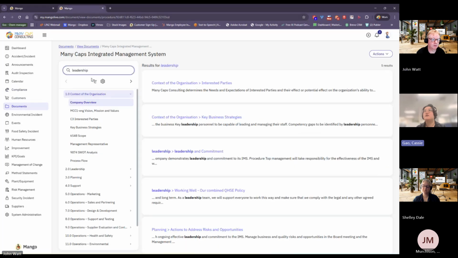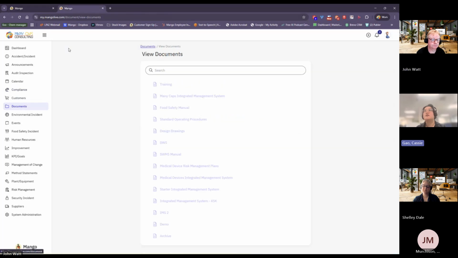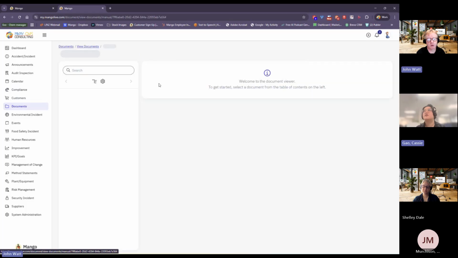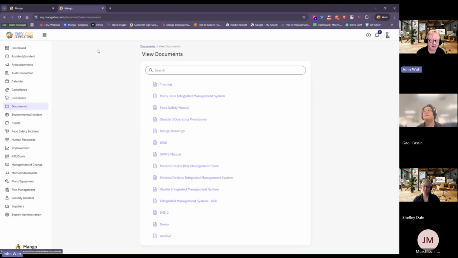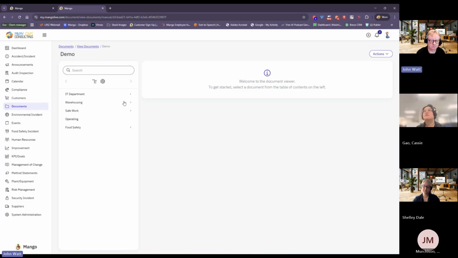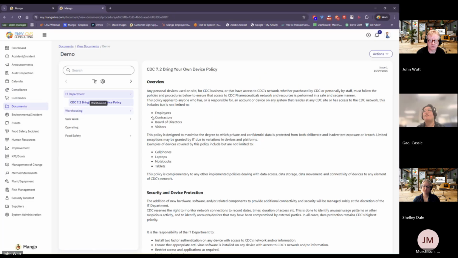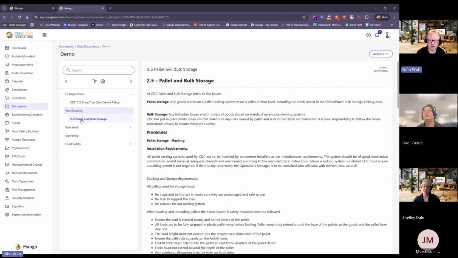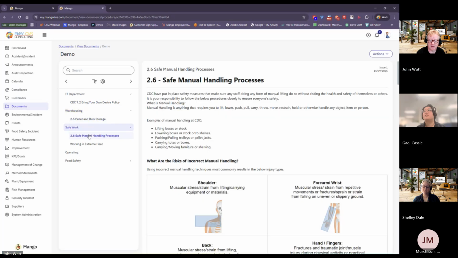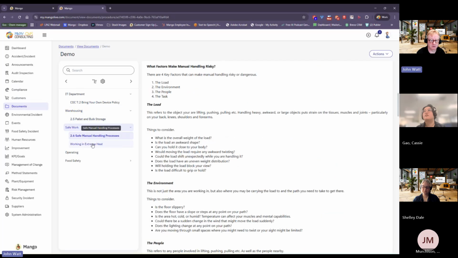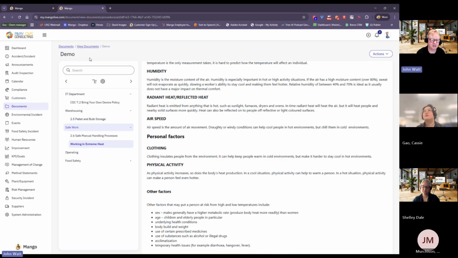So what is the difference between the formats of documents and files? Yeah, I'll show you. So SOPs you can put in here if you like. Tables, that wasn't the one I was looking for. So where is palettes? There we go. So you can have whatever you want in any of these.